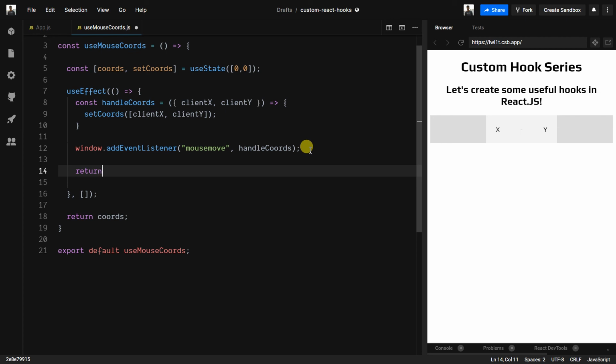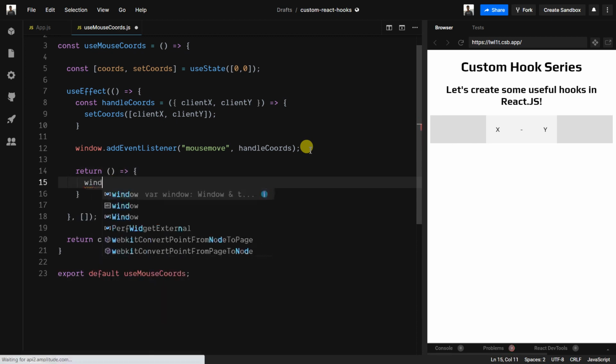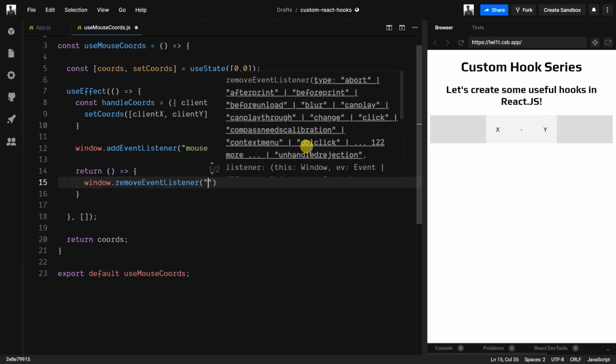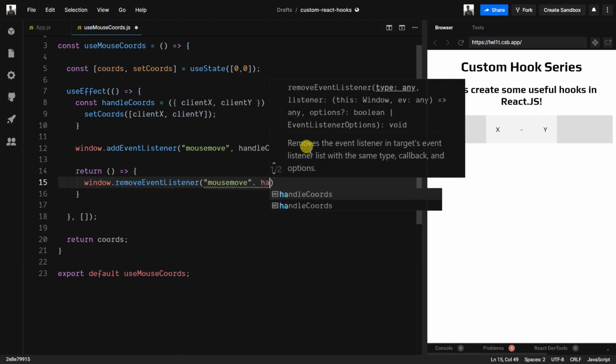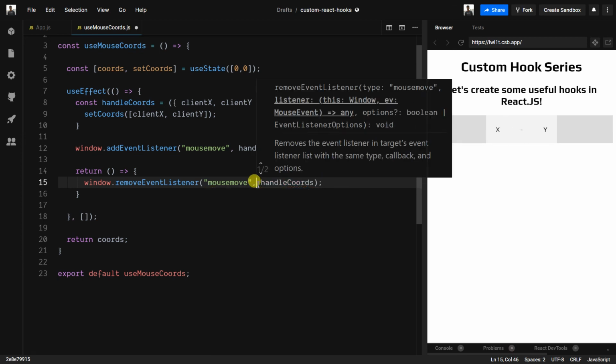Whenever the component unmounts, we can remove the event listener from the window object. We can return a function from here, and say window.removeEventListener and pass it the event. So we have the mousemove event and pass the handleCoords function. This will remove our function from the background. Let me fix this typo.